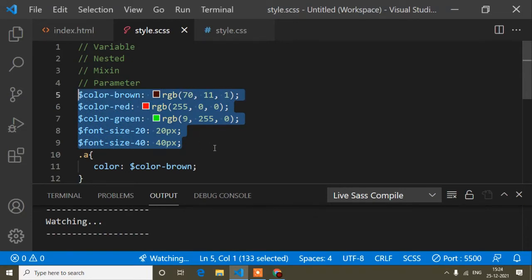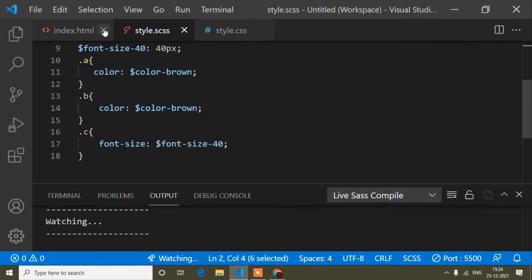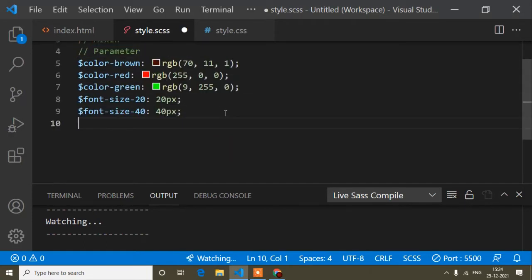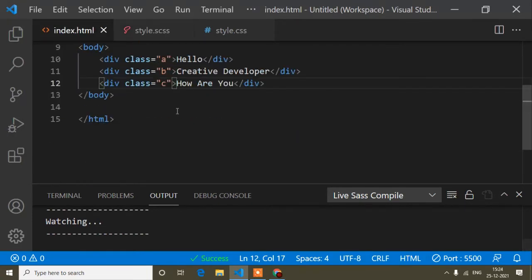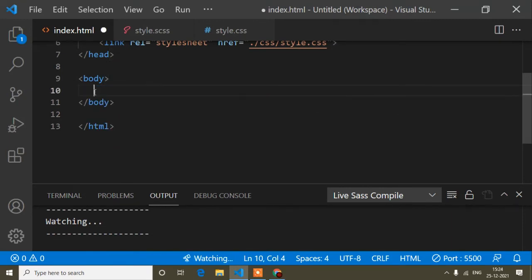Now, guys, nested, okay? So what is nested? Let me remove this one, because now I will show the nested. For the nested, I will show you an example using ul, li, and a tag, because that will be very easy to show.